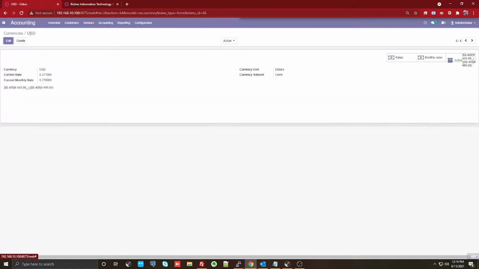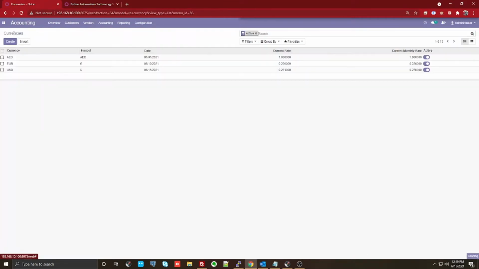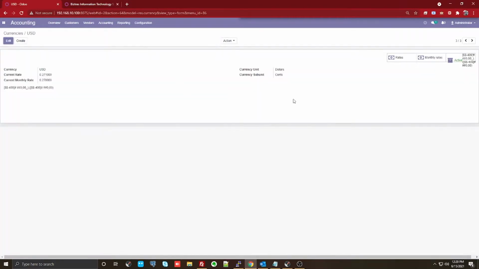When I do it, I can come back and look at my USD, and I can see that instead of 2.70, which it was, I just shifted it to 2.71, which is my current rate as on date. But if you look at your current monthly rate, it still remains at 2.70. You might not update this every time.